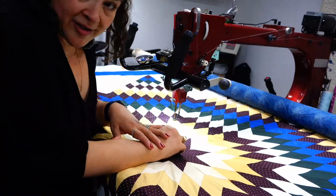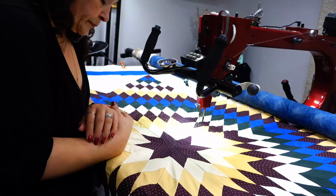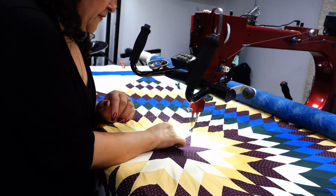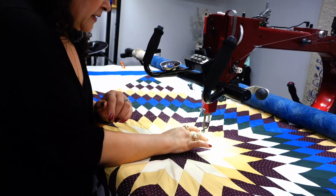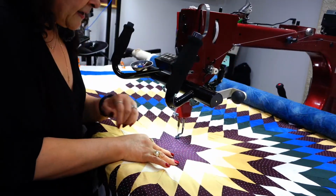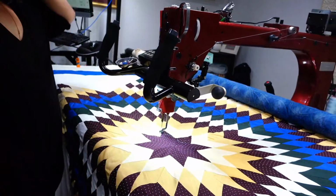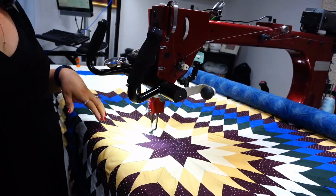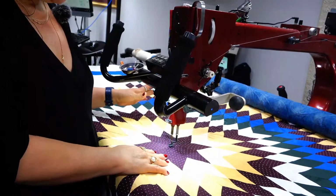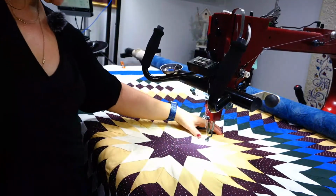It's hot in here because it's cold outside. Do you see this rippling? All I'm gonna do is put just finger pressure, and you'll stretch the fabric and flatten it so it won't ripple. Now, the other part of the quilt is stretched, so like flat, that's what I mean. It's already stretched and flat. So I'm not gonna manage it as much until it comes back up here. Now right here,